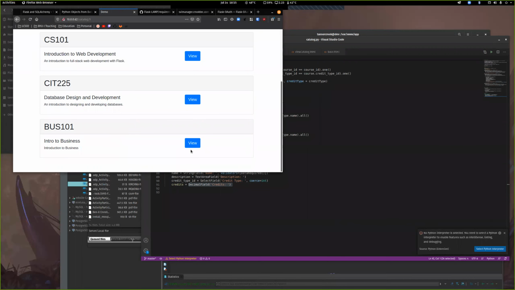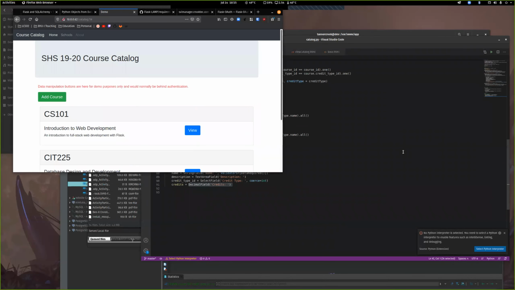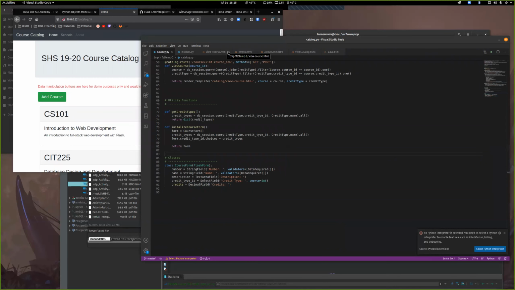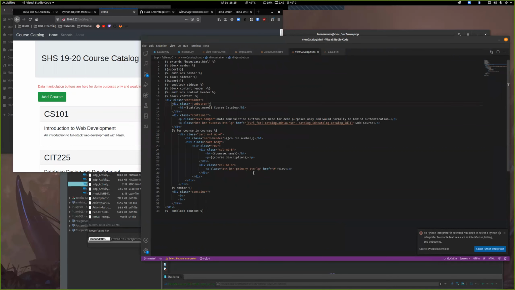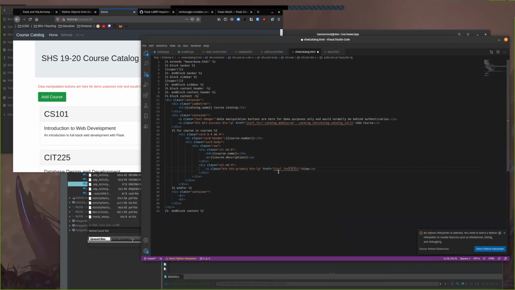And now that we added it, now we can even click, oh, we didn't fix that. Let's hurry and fix that. On our view catalog, because right now this is just set to be a hashtag. We want to change this so it actually goes to our page that shows the class. We're going to say URL for, and that's just a function because we don't want to have to worry about trying to remember paths and changing them. So we're going to say the URL for